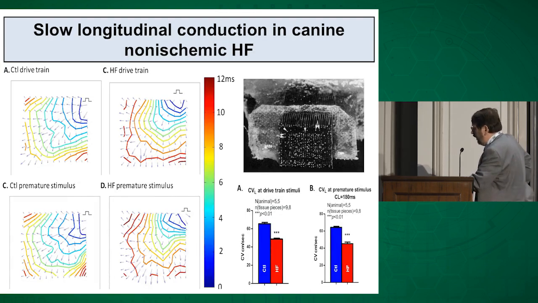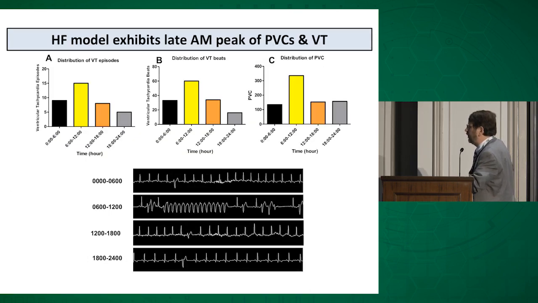Here's some conduction abnormalities. This is work done by Jan in my lab, showing slowing conduction and associated with decrease in connexins and change in connexin phosphorylation. So the model really allows us to see what we see in humans with an arrhythmogenic substrate, but to our